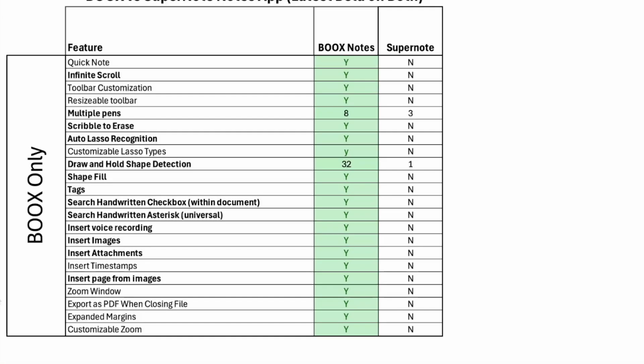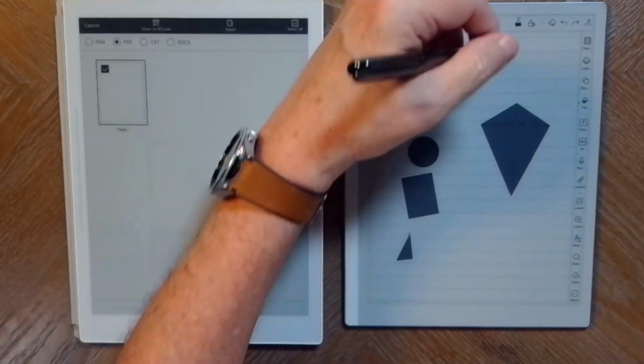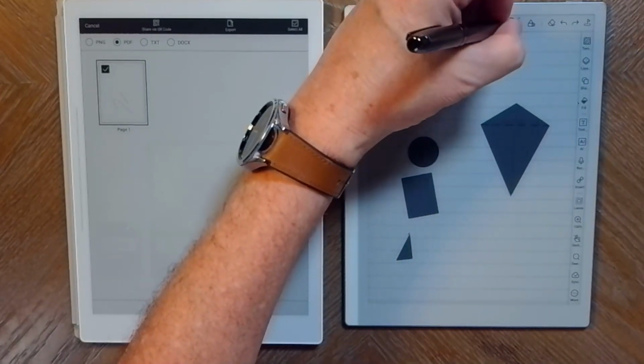So the Boox device also does tags, and I'll show you this. And it's not to say that Supernote doesn't have something similar. They have keywords, and I'll show you that and how it works once I get to the Supernote side. So there is a comparable feature on the Supernote device to tags, but let me show you how they work. So if I've got a piece of text, we'll just say up here where I wrote the word test,